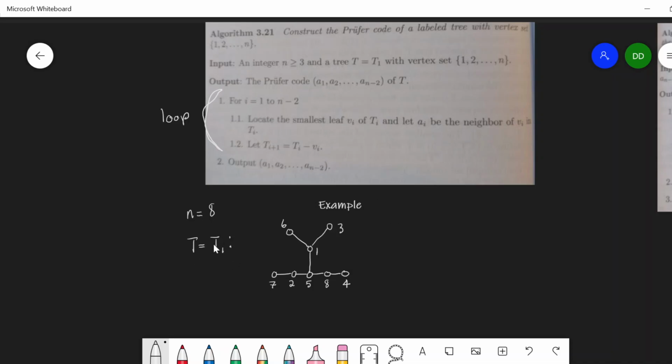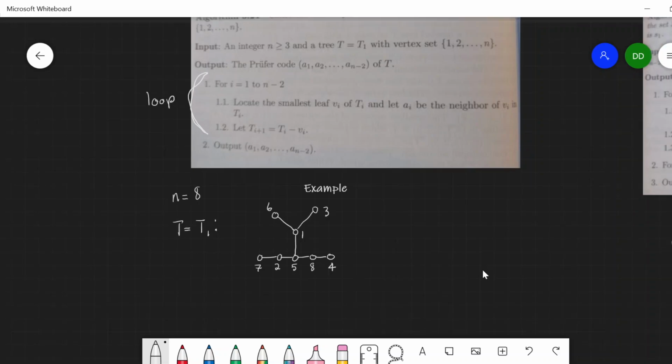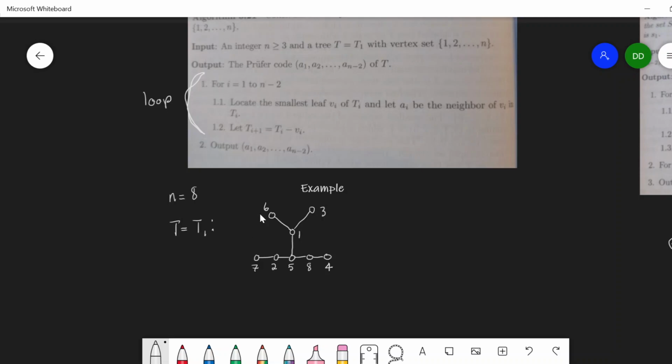So T1 is my given tree. What we'll do is find the smallest leaf of the tree, that is the leaf with the smallest label, and record its neighbor. Since it's a leaf, it only has one neighbor, so that's fine. And then we'll record that label, and remove that leaf from the tree to produce a new tree,